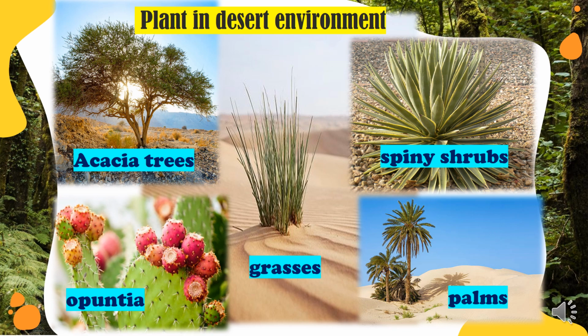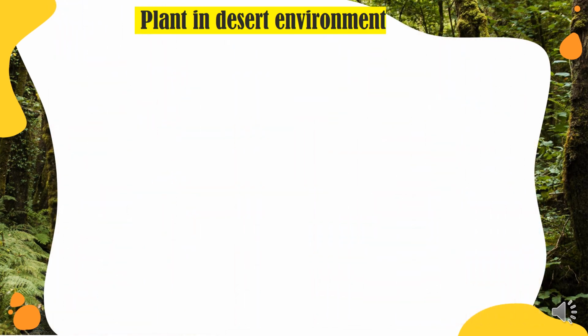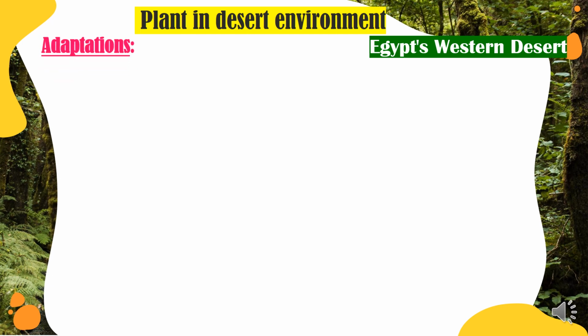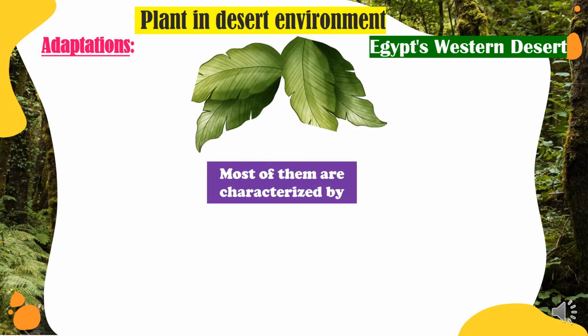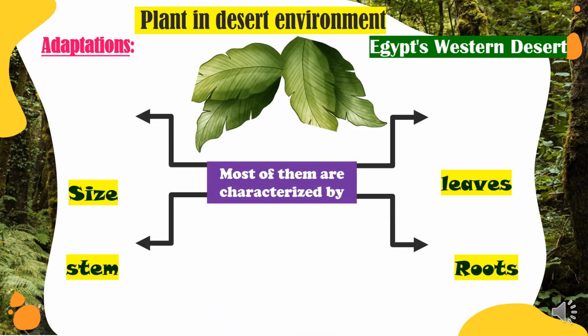Now let's talk about desert plants, and we're going to see how they adapt easily to live in the desert. We have many examples of plants that live in the desert, such as acacia tree, opuntia, grasses, spiny shrubs, and palms. Desert environment in Egypt, like Egypt's Western Desert. So let's talk about their adaptations. How can plants adapt to living in the desert? Most of them are characterized by: